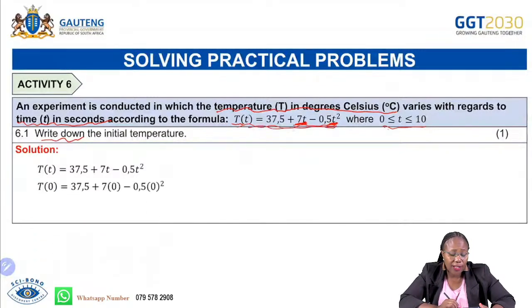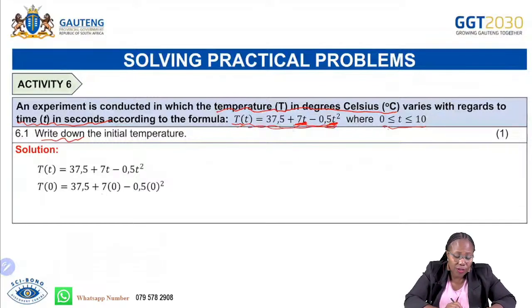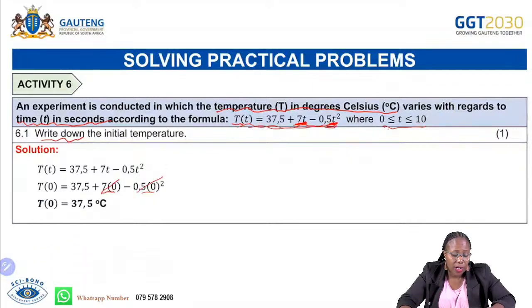And then now we are substituting 0 for t because we have not yet started with the experiment. Therefore, the time is 0. Then when you substitute 0 for t, this will be 0, 0. So now the final answer will be T at 0. It is 37,5 degrees. So the initial temperature will be 37,5